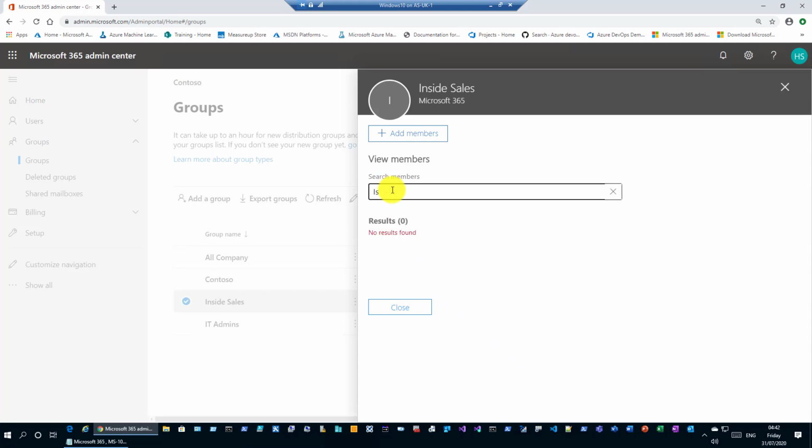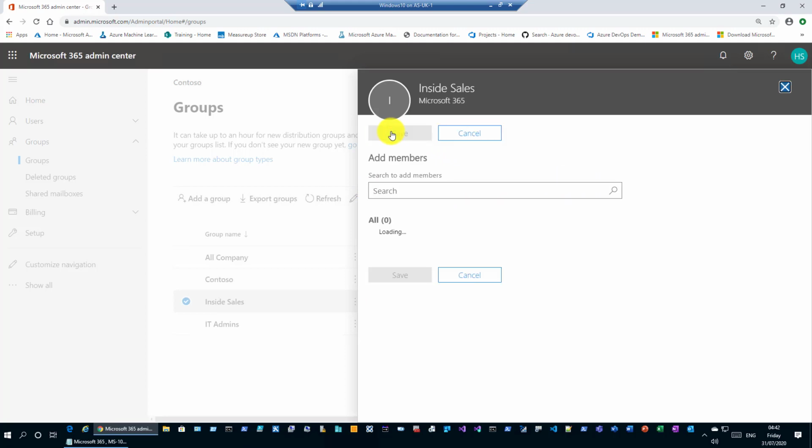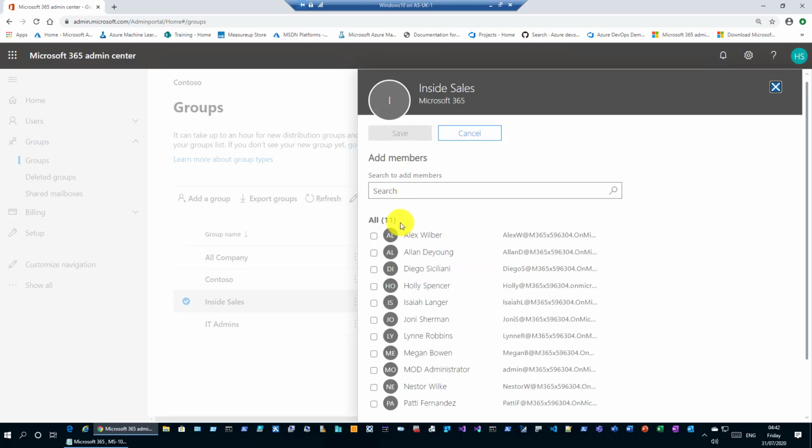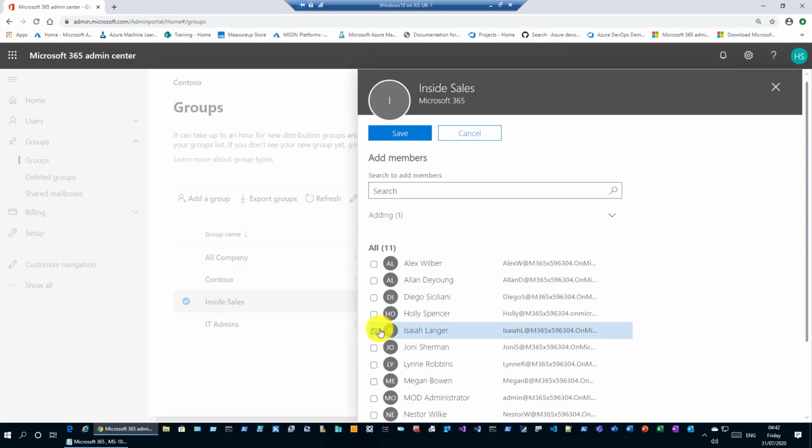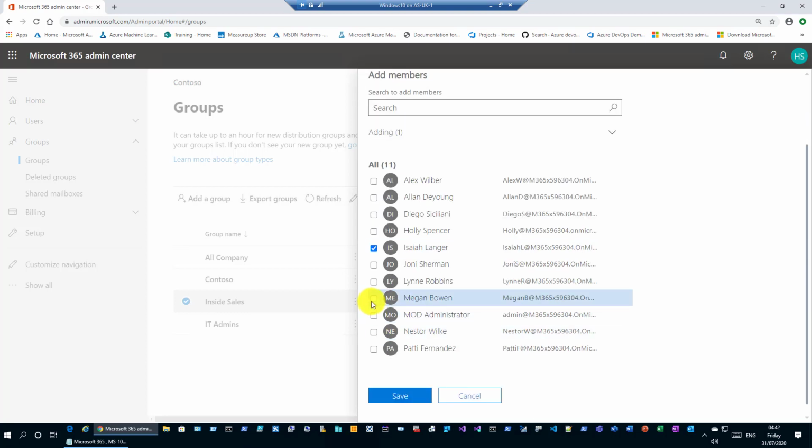Let's search, for example, for one of the users. Maybe we need to type the full name. Still is not finding the name. Okay, let's use another one by clicking add member. We'll load the different members we have. As we can see, this is the one which I would like. I don't know why it didn't catch this one. Moving down to another user,